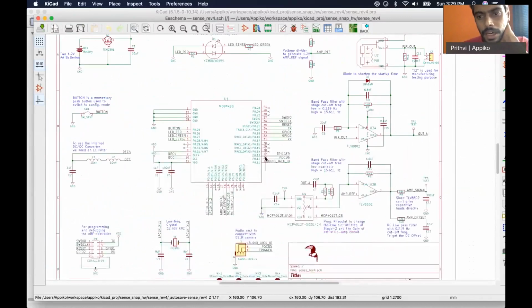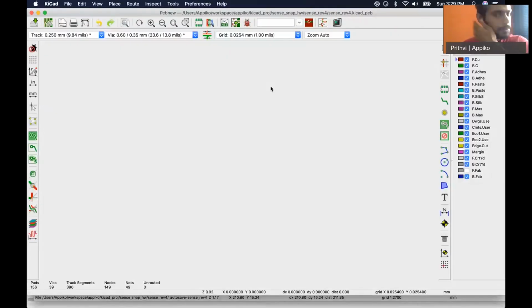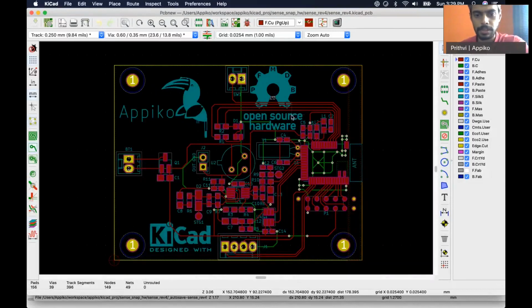This way we came up with all the different components for the system, and we designed the PCB that we saw earlier. As you can see here, this is the PCB.